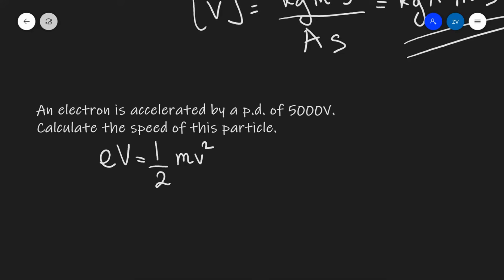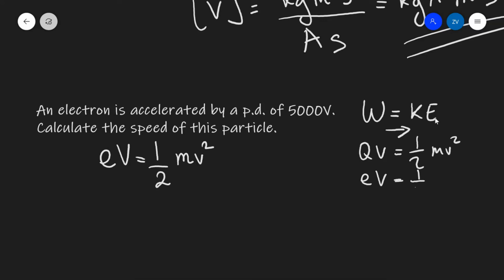Let me just quickly demystify this equation. This is essentially electrical energy W, which is going to be said to be equal to kinetic energy. So this is essentially electrical energy that has been transferred to kinetic energy. Well, the electrical energy is equal to QV. Our kinetic energy is a half mv squared. Because we're dealing with an electron, our charge is just the elementary charge, so therefore we can see where this